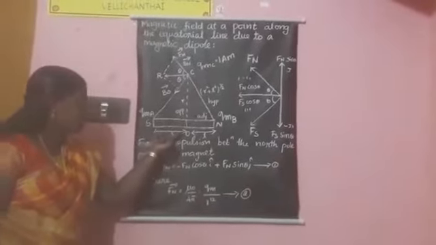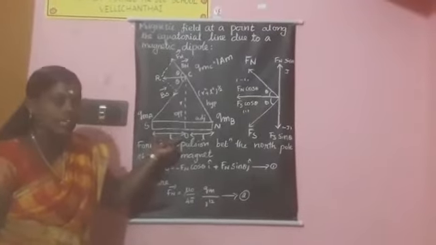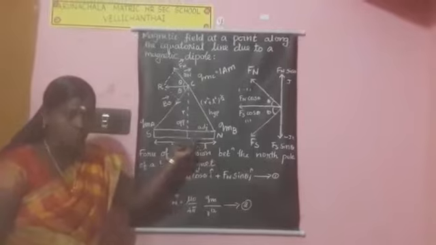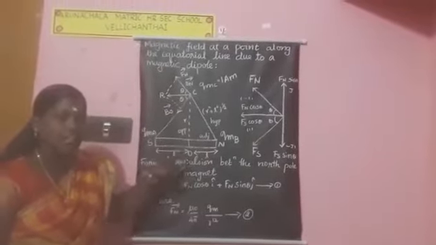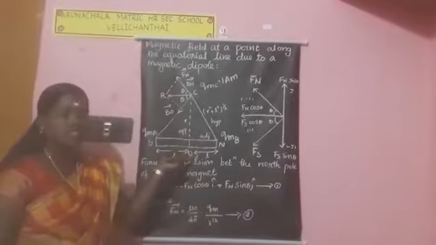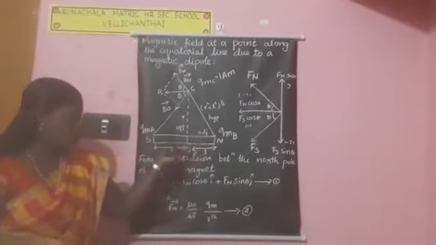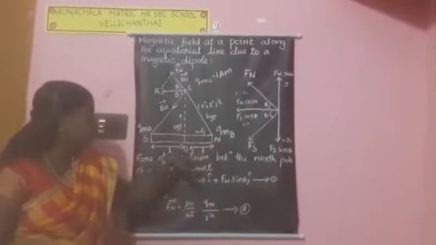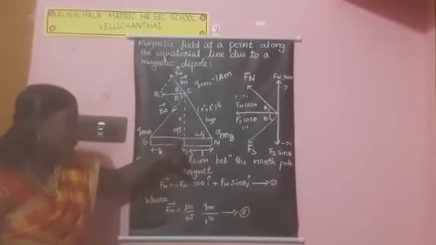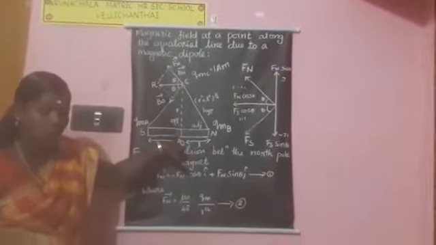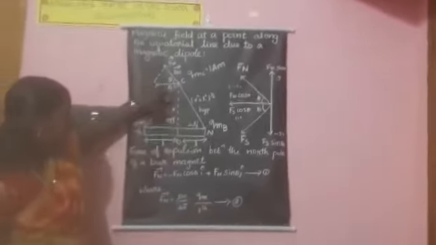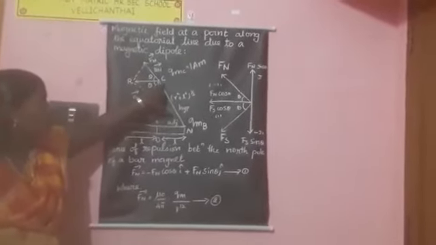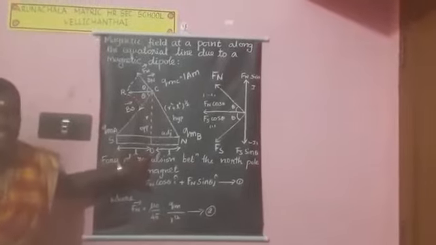Here we consider the small distance denoted by L, then the remaining length is denoted by L. So L plus L is 2L. The poles are separated by a distance L plus L equal to 2L. So the total length between QMA and QMB is 2L. This is O. O is the geometric center. Here R is the distance between the pole strength C and the geometric center O.